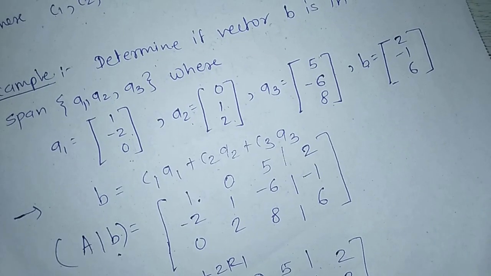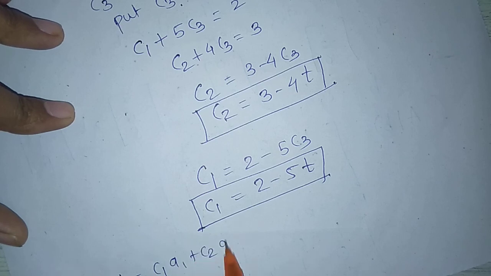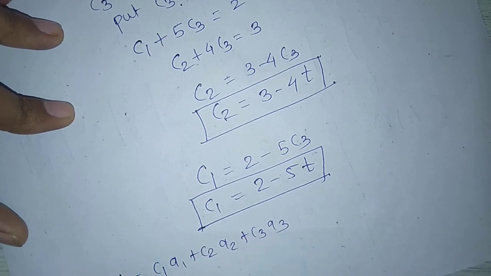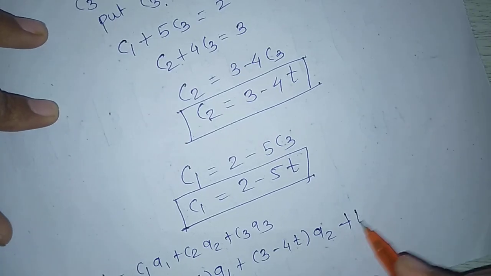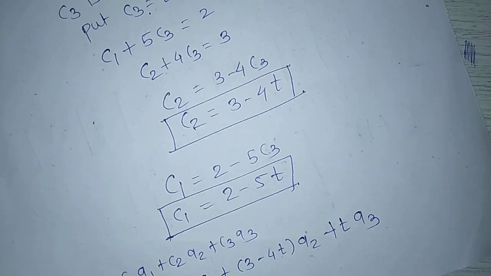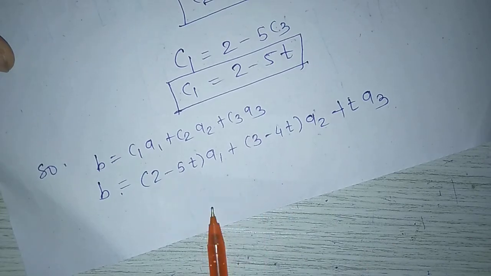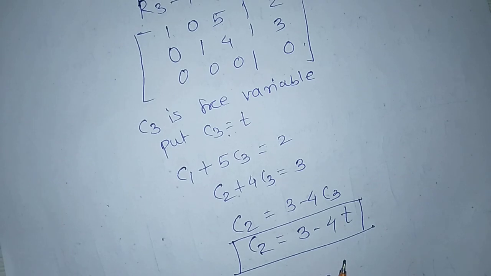B equals C1 A1 plus C2 A2 plus C3 A3, which equals (2 minus 5T) A1 plus (3 minus 4T) into A2 plus T into A3. So the values of C1, C2 and C3 exist. So B is a linear combination of A1, A2 and A3. Next,